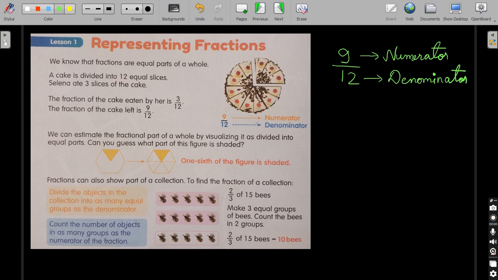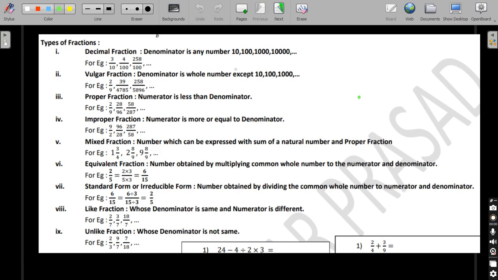These types of fractions will be there. There are different categories in that, and one more you have seen, like 2 9 by 12. This is also one type of fraction, known as a mixed fraction. So hope you are getting an idea of how fractions look. Before starting, let us deal with what the types of fractions are. There are a total of 9 types of fractions that we are going